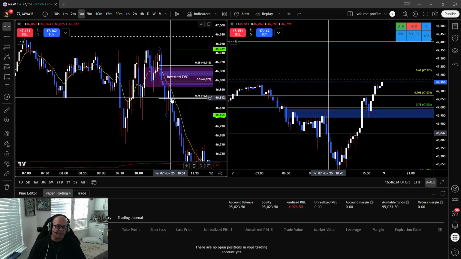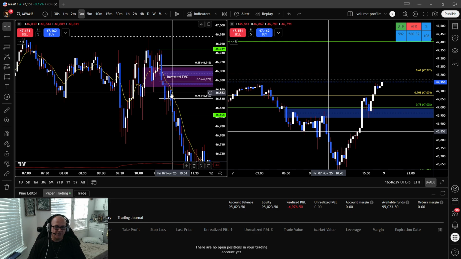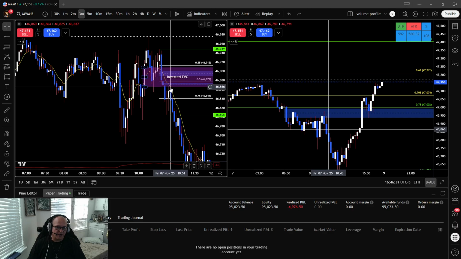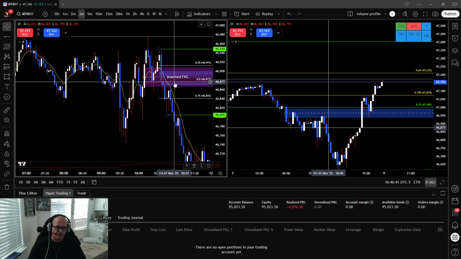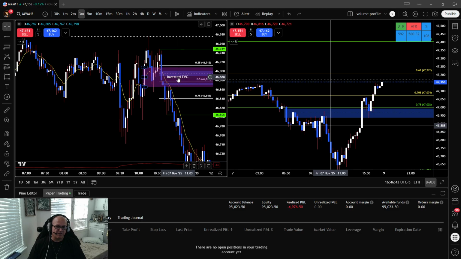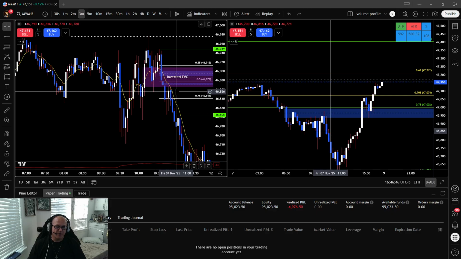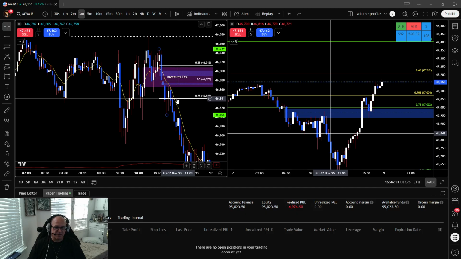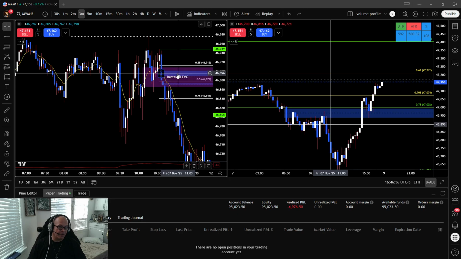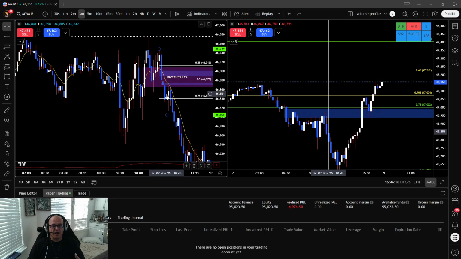Okay, the next 3 minute candle comes off, gives us a color change, a bearish engulfing candle off the 9 EMA, off the inverted fair value gap, and closes back below the 75%. Now, if we were going to go to 50, or even between 50 and 75 to get to the middle of that inverted gap, then I would not expect to close back below the 75% level. Okay, not to say that it couldn't close down and then go back up, but this gives me a higher